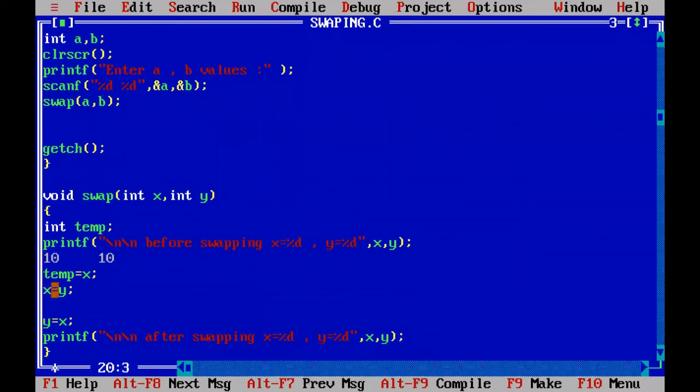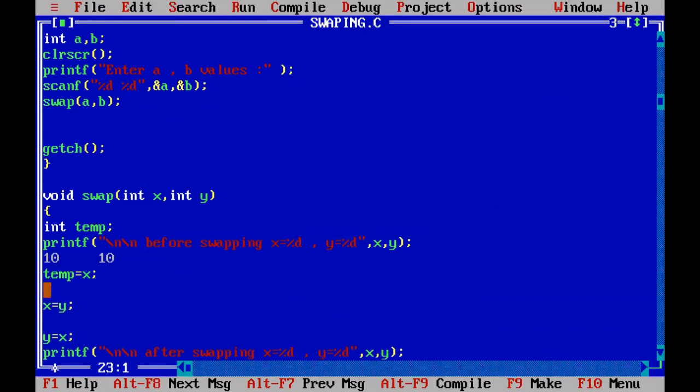Then into the x, come to the second statement. Into the x, you copy y value. What is the y value? 20. That 20 is copied into x. Now the x value is also 20. Third statement.